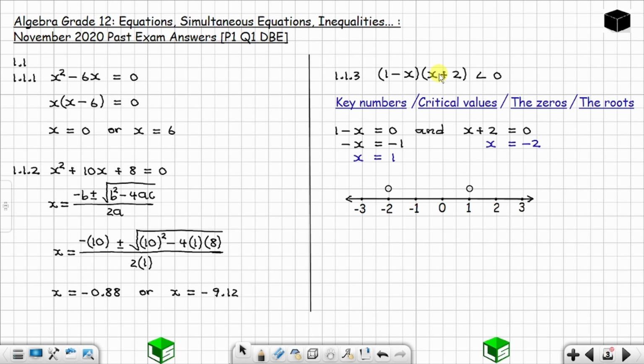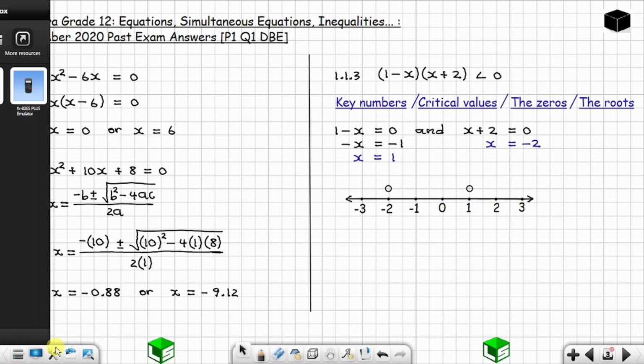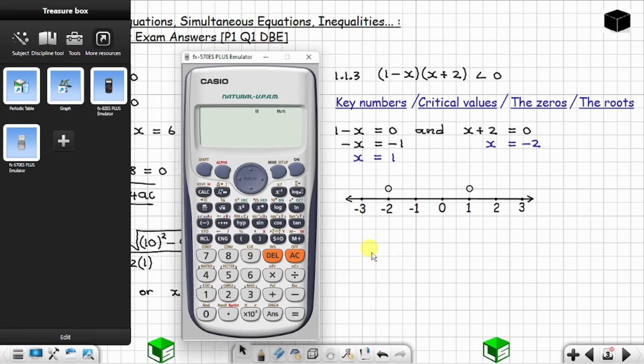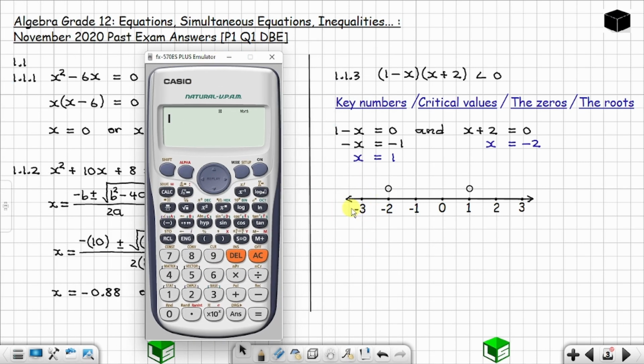You can do this mentally, but let me do this with a calculator so that you can understand this. You don't need to use a calculator. I said that you can use any value before -2. Before -2, you have -3, -4, -5, and so on. Let me use -6. -6 is less than -2. I hope you know that. So -6 is before -2.